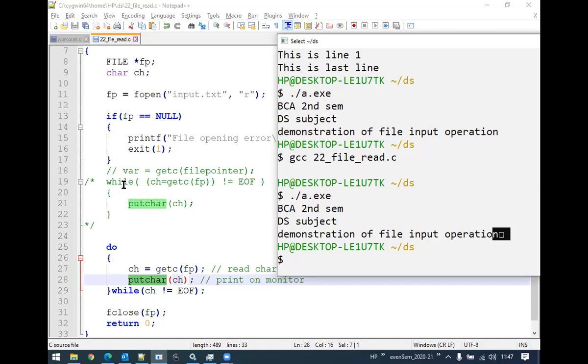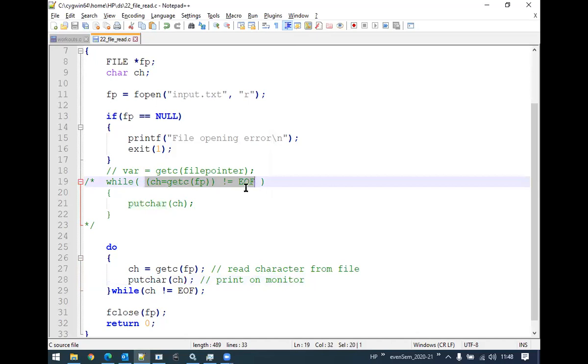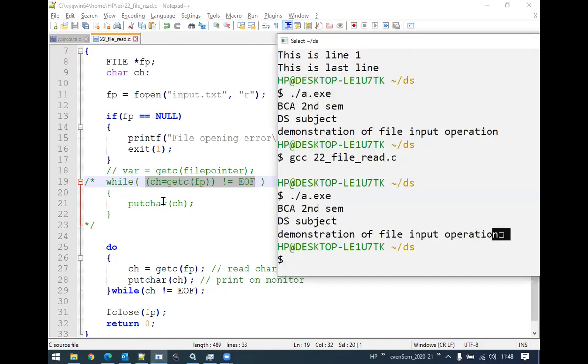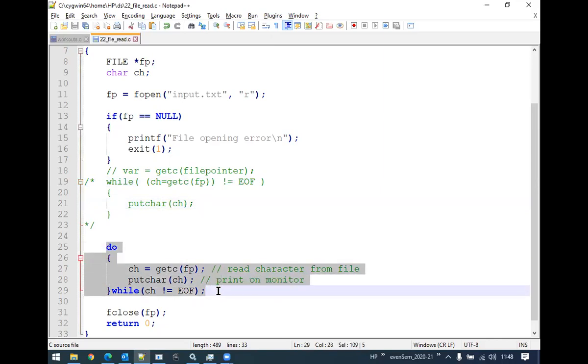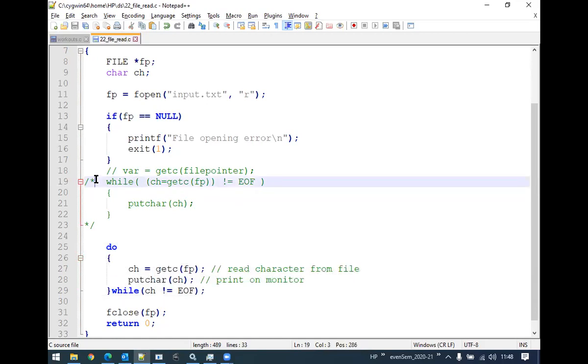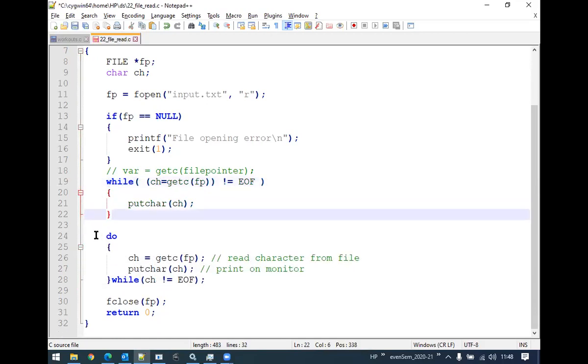Now, in order to overcome this problem, it is good that we make use of the while loop, because the while condition is validated at the beginning. If the condition is true, then only it will proceed further, otherwise it will not. So as soon as the last character is EOF, this condition turns out to be false. It will read the character, but it will not print that character on the screen. The code-wise, you might feel that do while is simpler to understand, but there are certain flaws in this code. So we will not make use of this code, but rather we will go with the while loop convention.